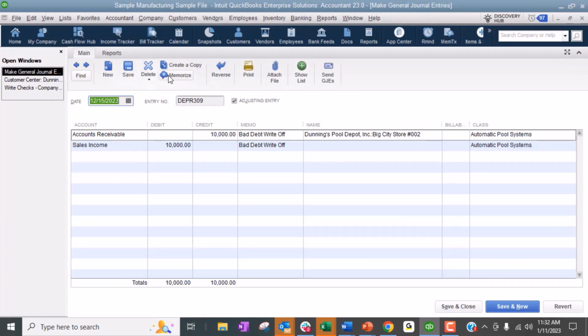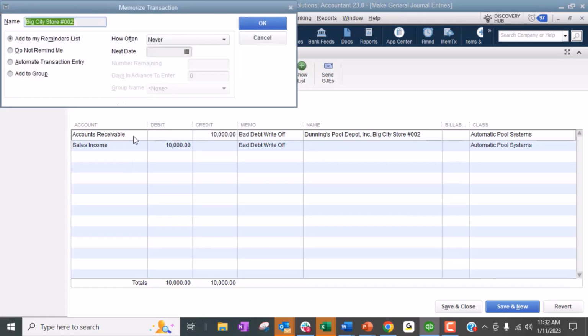We do have people who memorize transactions, memorize journal entries, and so they'll memorize it, they'll add it to a reminders list, right? And they'll say, like never enter it. So if it's something like your prepaids and it's automatic, you want it to post automatically, throw it in here and have it automated. If it's something like payroll, what you can do is you can memorize it and then you can edit, right? So when you memorize it, add it to my reminders list and I say never,